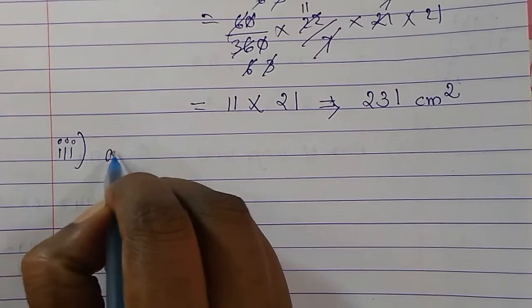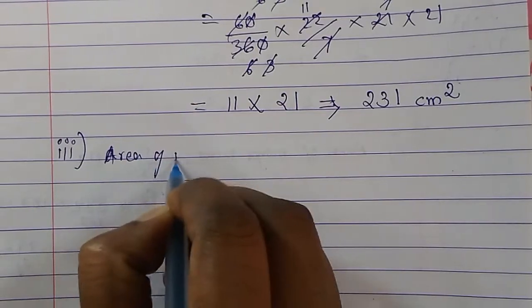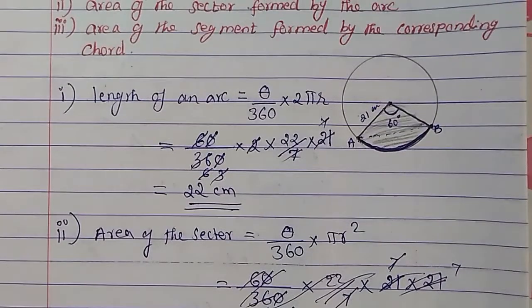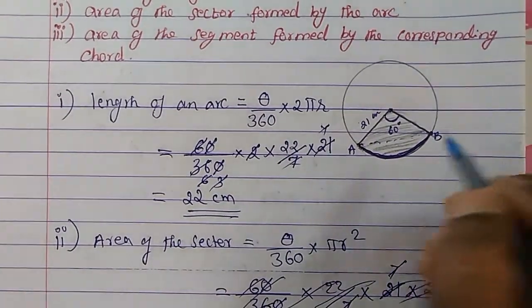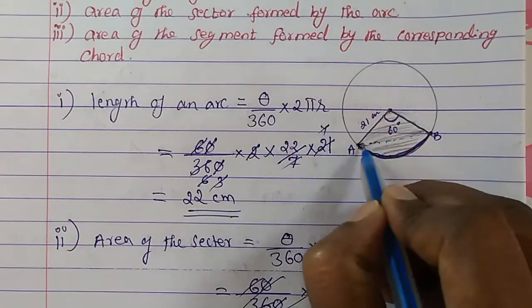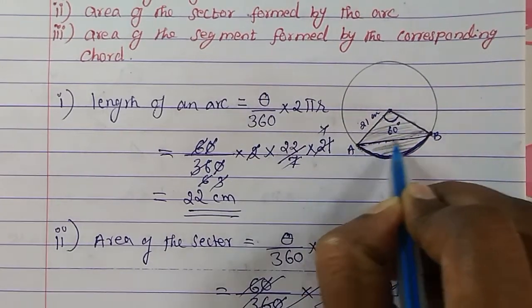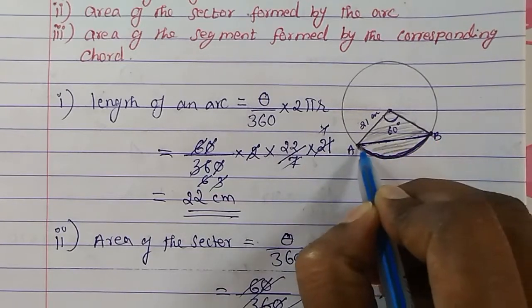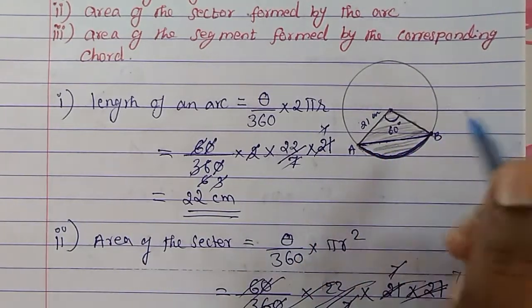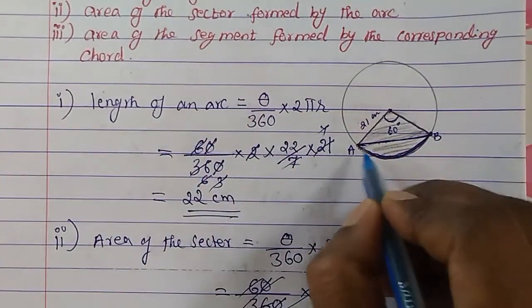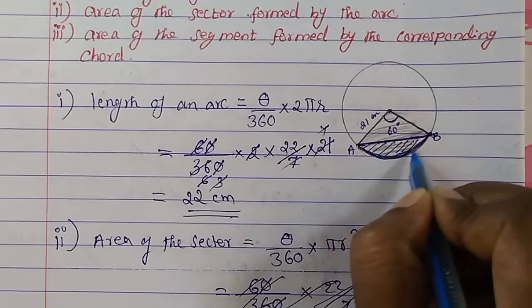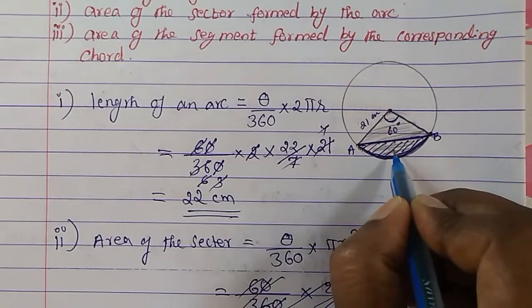Now we go to area of the segment. Area of the segment, how we will find out? That also introduction part I have explained to you. Segment means what it is. Segment means made up of a chord it is. So if we join this, becomes the chord. This is a corresponding arc. So here if we join this, becomes the chord now. So now we have to find the area of the segment. Segment is made up of chord. So that means this part is the segment. So this area of this we have to find out.